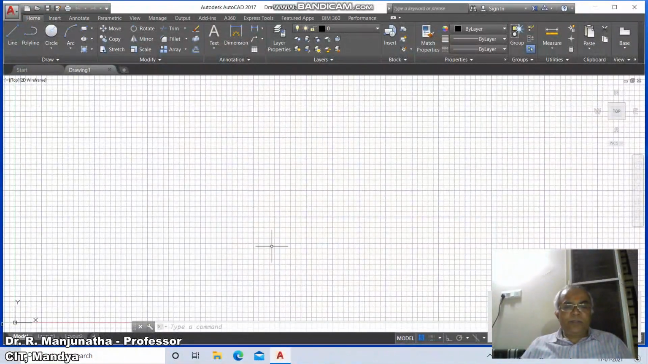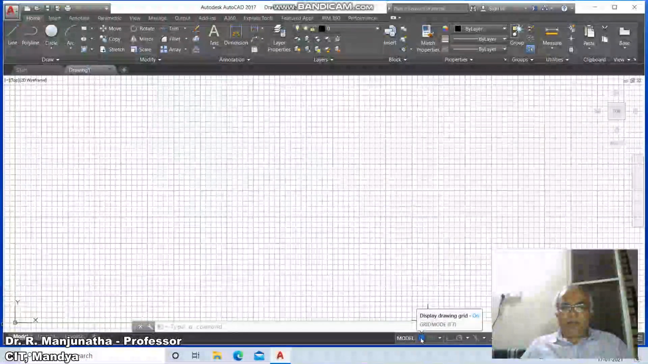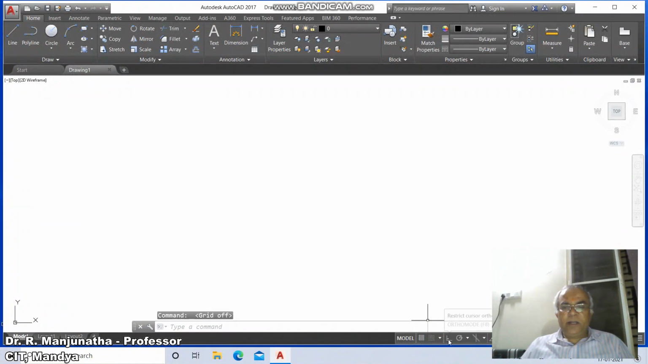Solve the problem by using AutoCAD. To do that, first we'll go to AutoCAD software and disable the grid mode and enable the ortho mode. Now first we're going to select the sheet size. So go to limits